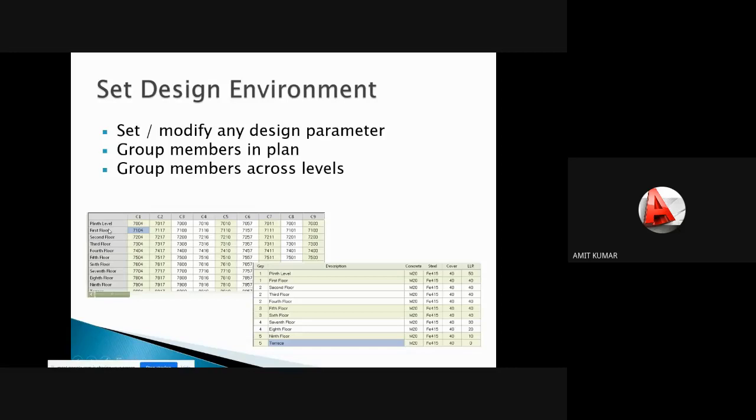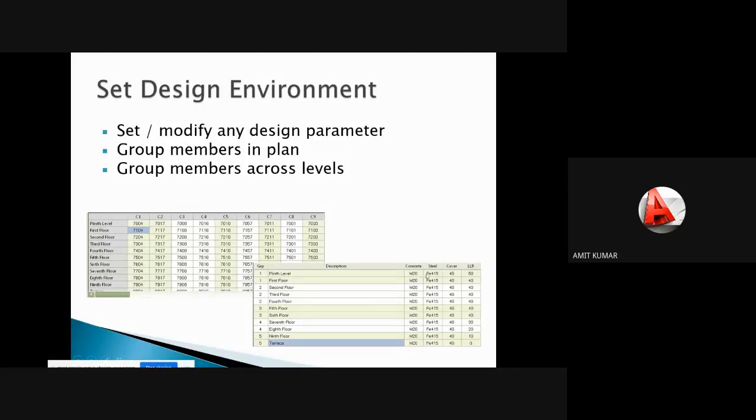It will create groups, as you are seeing, for the beams at the first floor, at the plinth level, at the second floor. So according to the floor values, it will create the tabular report like this, tabular details. This detail is only the input details, that means it is getting this data from the STAAD file. At the first floor, how many beams are there? At the second floor, the number of beams and the coding, and also it will get the property of the beam, and it will get the material and steel values also.